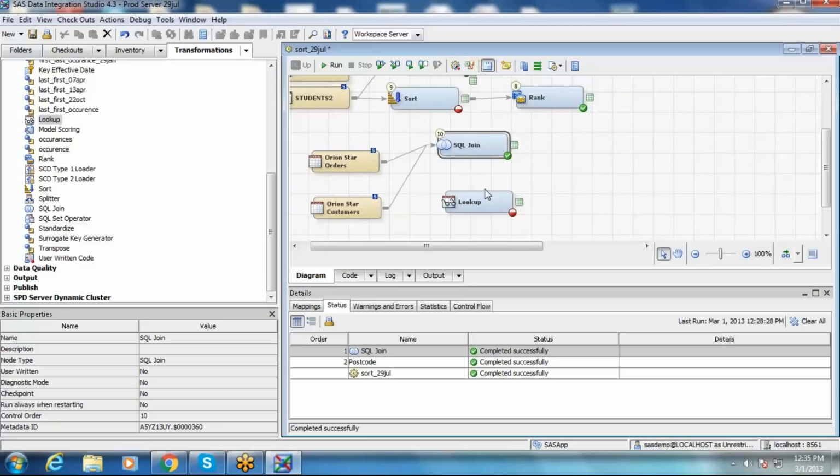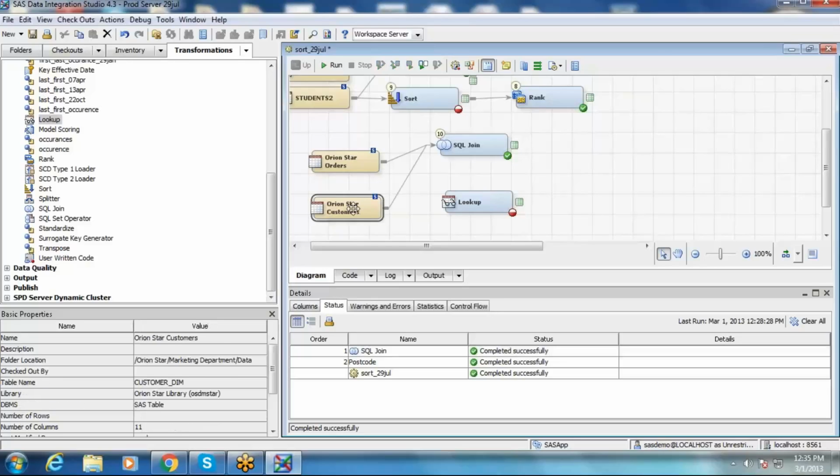And this is also efficient only when you try to pull fewer columns from the lookup table, the second table. If you are pulling only less than 10 columns, then this will be useful. If you are trying to pull some 500 columns, it doesn't give you better performance. It will be even worse than SQL join. So you need to use it judiciously, right?